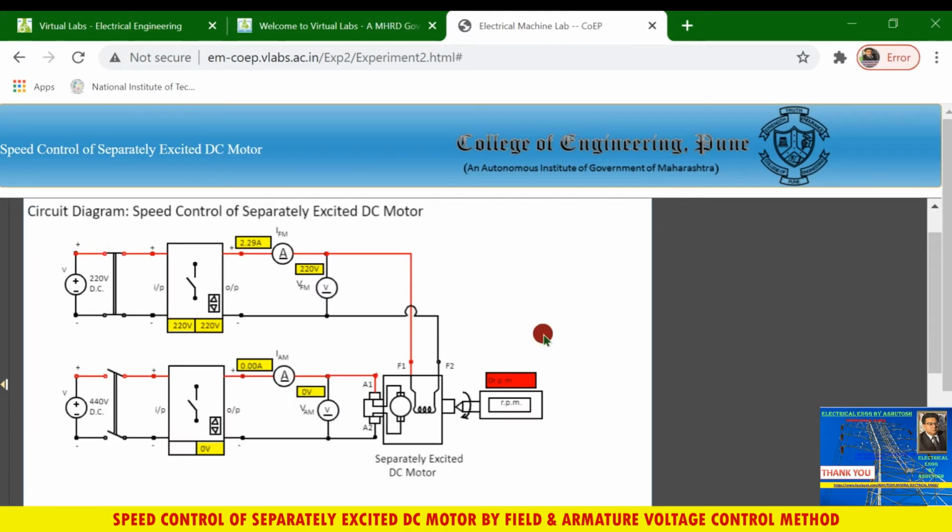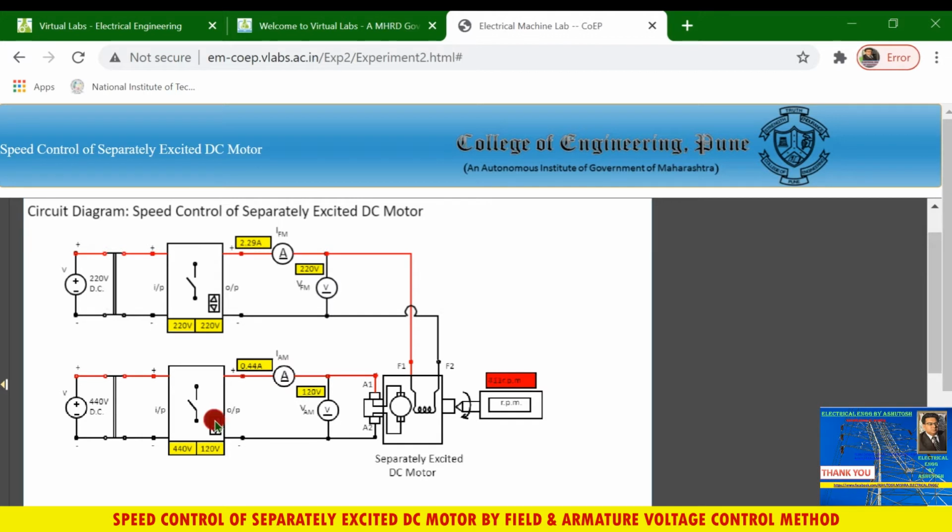Okay, you can see from here. So the field circuit is already connected. Now you have to connect the armature. So come to this part, the lower part is the armature circuit. Click on this DPST switch. Now the armature circuit gets connected to the supply, and now increase the level of voltage by using this variable voltage device. So increase until it reaches the rated voltage 440 volt.